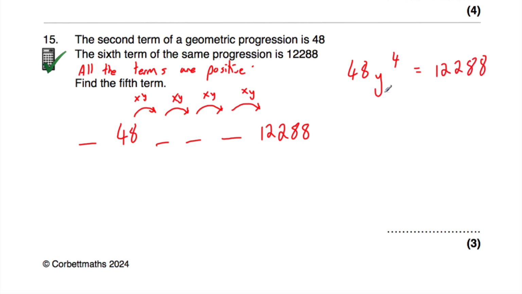And this is an equation we can solve. We can divide both sides by 48. So if we divide by 48 and divide by 48, we get that y to the power 4 is equal to 256. And then we want to find out what y is, so we're going to take the fourth root